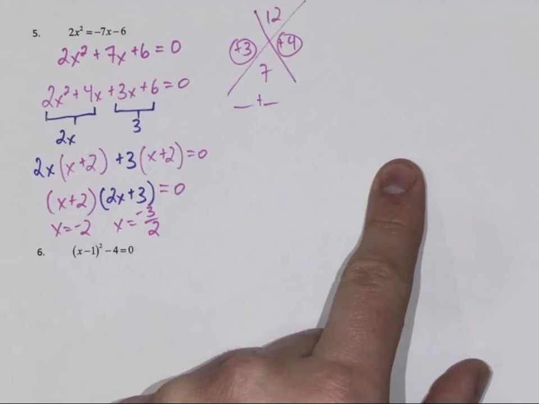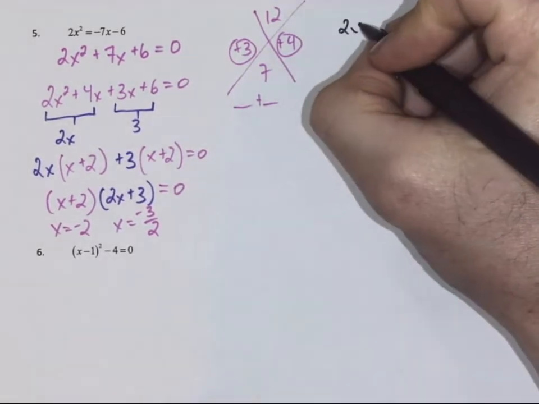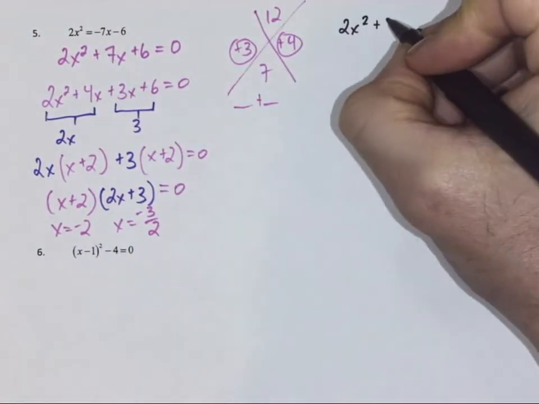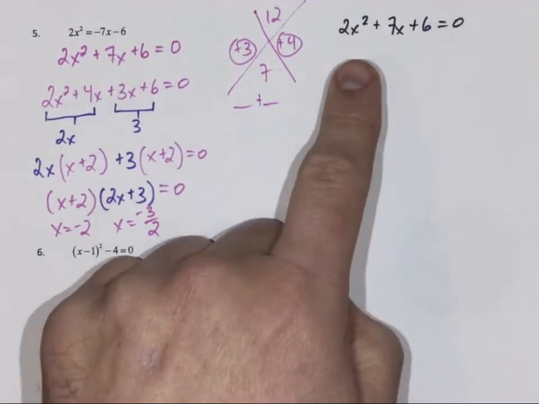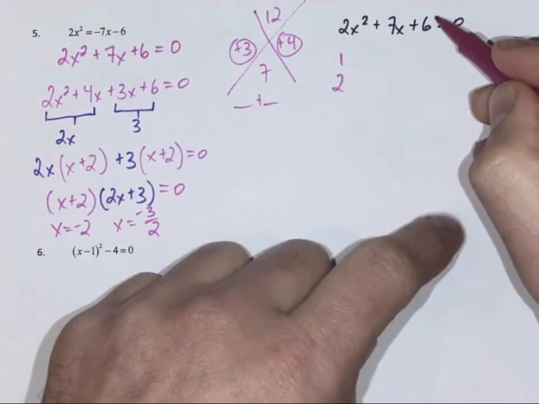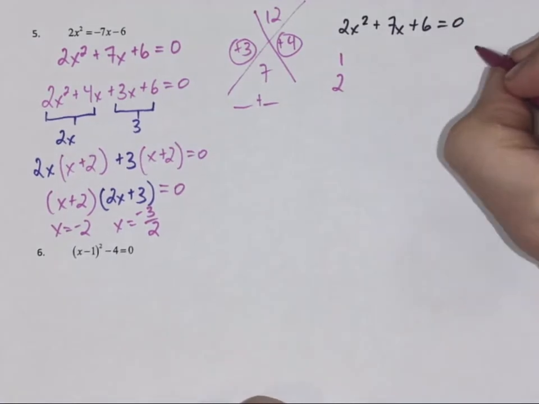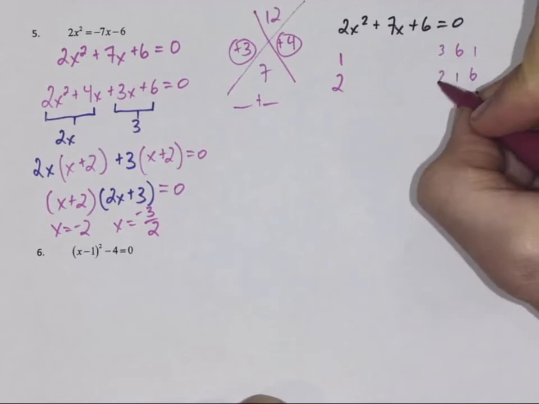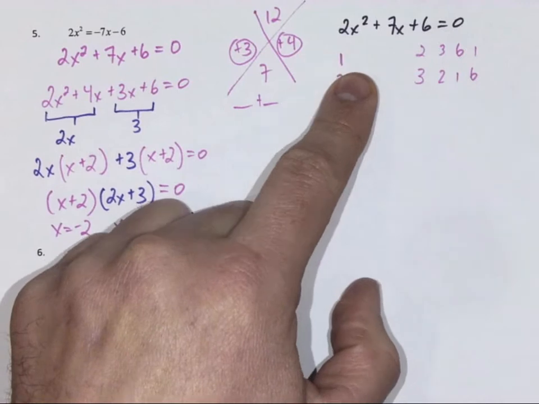The other way that I can do this, the crisscross method, I'm going to just write that one, so I've already done that step. I think about what are my numbers that multiply to 2: 1 and 2. What multiplies to 6? 1 times 6, 6 times 1. I also have 3 times 2 or 2 times 3. So I look and I say